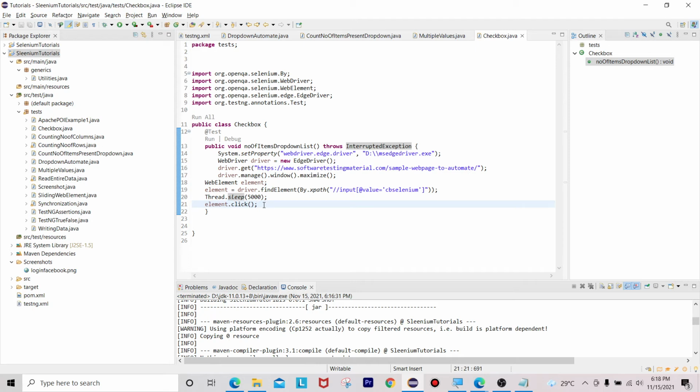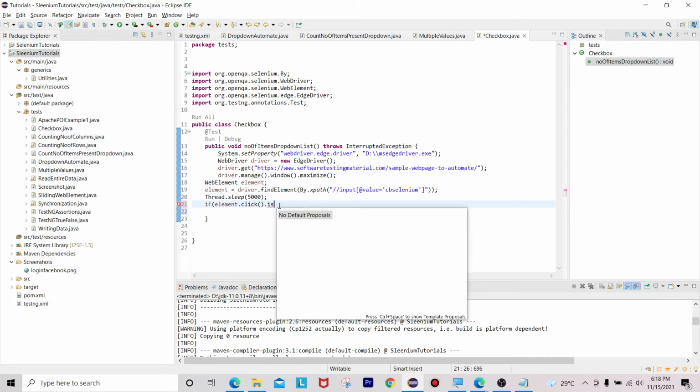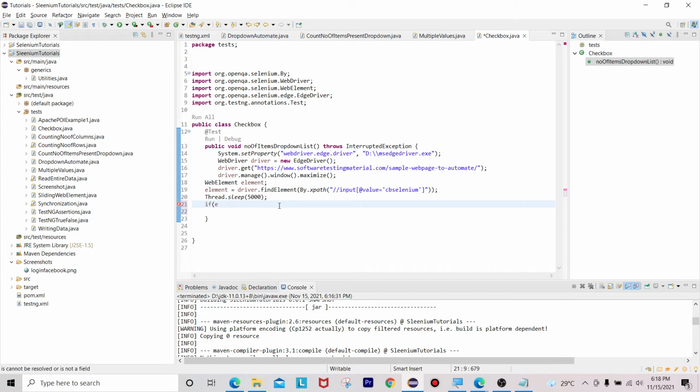If element dot click is there, if element dot click dot isSelected, sorry, okay, I'm not going to use this line.